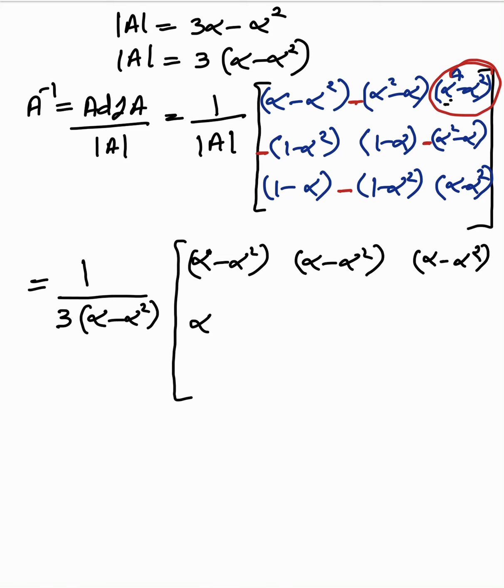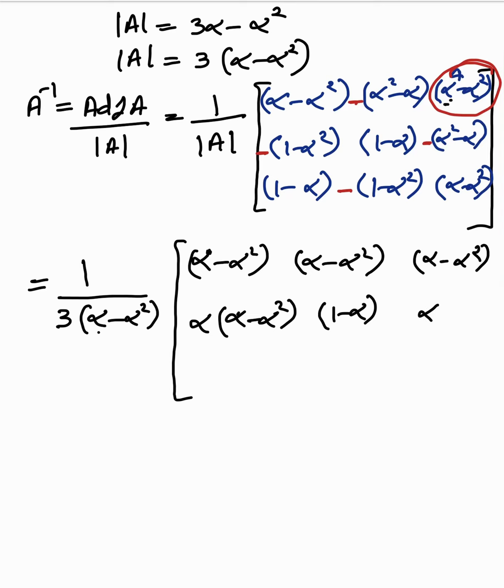So we can take the common value of alpha. We can write like this, because we have to divide by alpha minus alpha square, so we have to prepare the data according to that. Okay, so that all the values cancel out. So we take alpha as common, and the parameter is that alpha cubed is 1, so in place of 1 you can write alpha cubed, and take the common alpha. So the value is alpha minus alpha square, and in a similar way 1 minus alpha, and then we have to put the values.